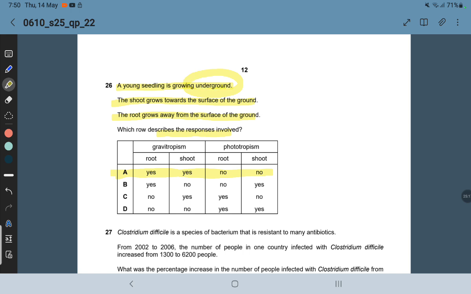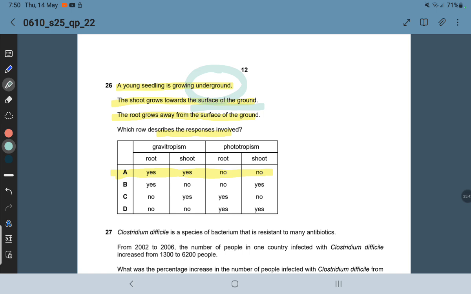In fact, it is underground, right? Towards the surface of the ground, of course. So towards the surface of the ground means that both are following the gravitropism rules. The shoot, you will tell me, is going away from the surface of the ground. I will tell you now that the shoot is going towards the surface of the ground, meaning that the shoot